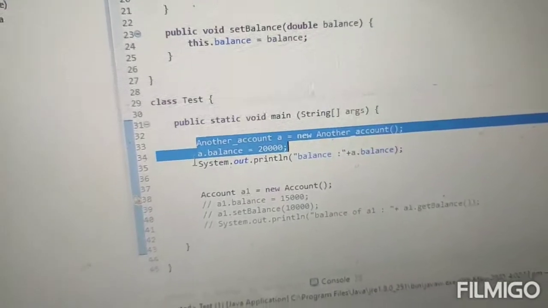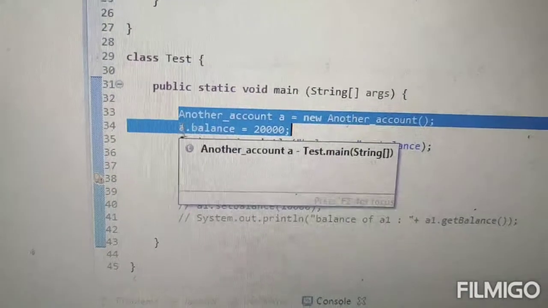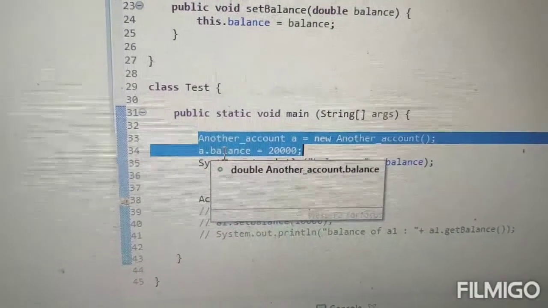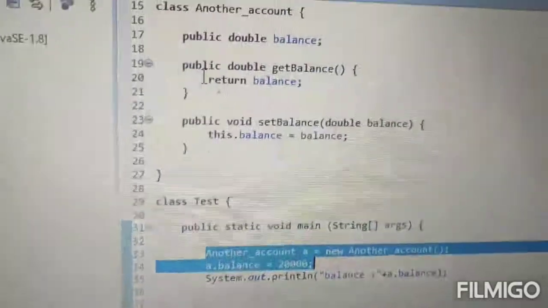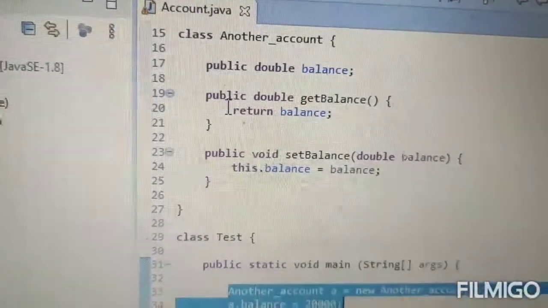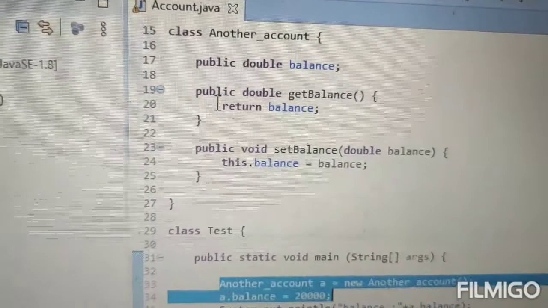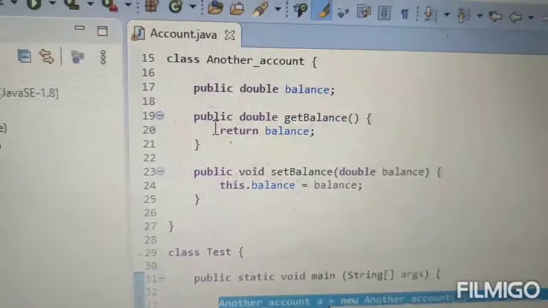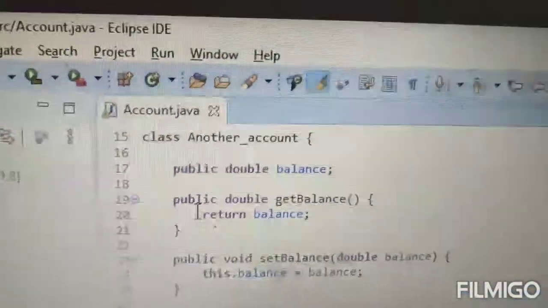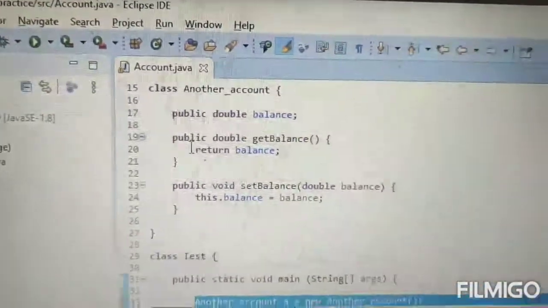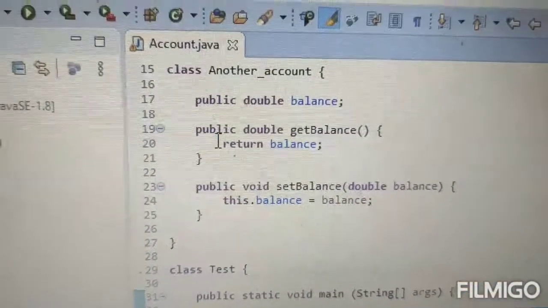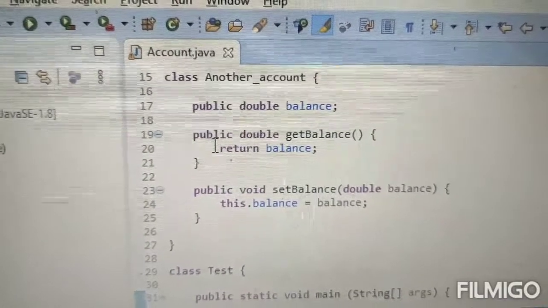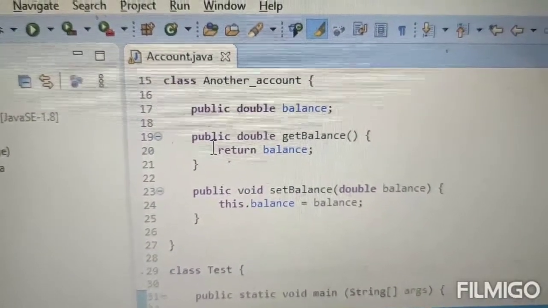By using A, I try to access balance, which is the data member of the AnotherAccount class. As you can see, in the same file I declared the class AnotherAccount, which has balance as a data member, but I didn't declare it private. It is public. The public access specifier specifies that you can access the data member literally from anywhere. It will be accessible within the class and outside the class also.